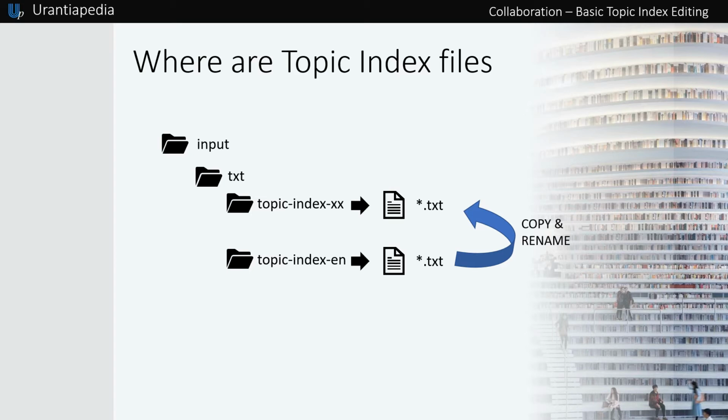For example, for French, we need a folder like this: input folder, txt subfolder, and a topic index fr subfolder. Before creating a new folder, check that there are not currently any translations of the topic index for the given language. So now let's see the content of the topic index files.